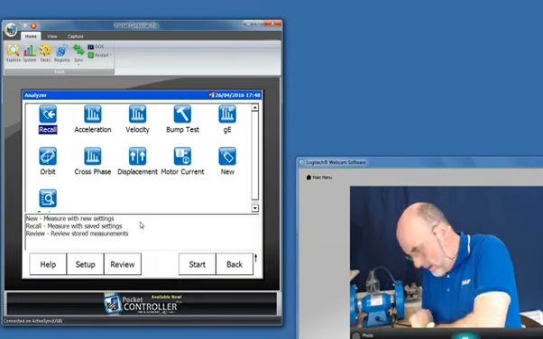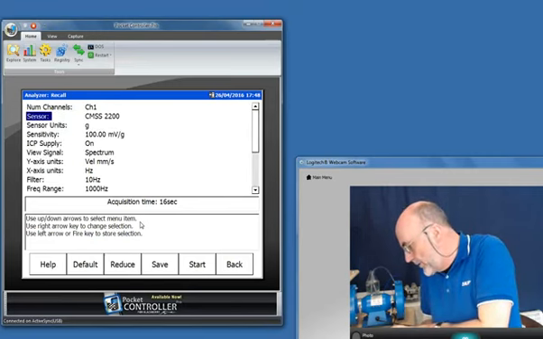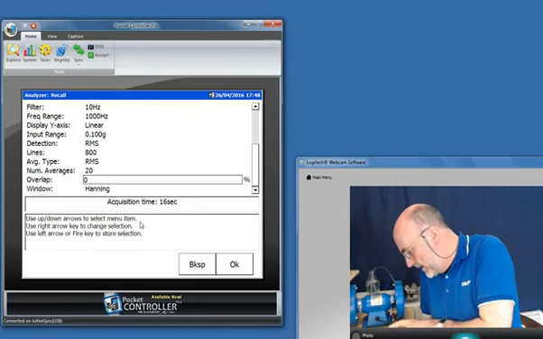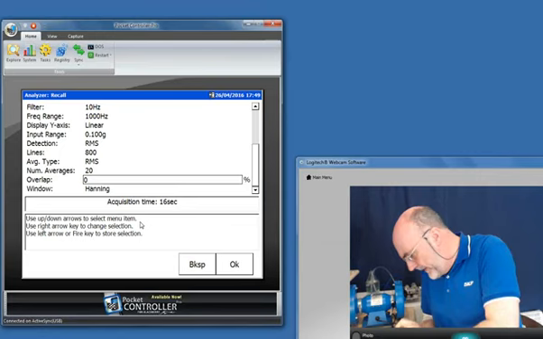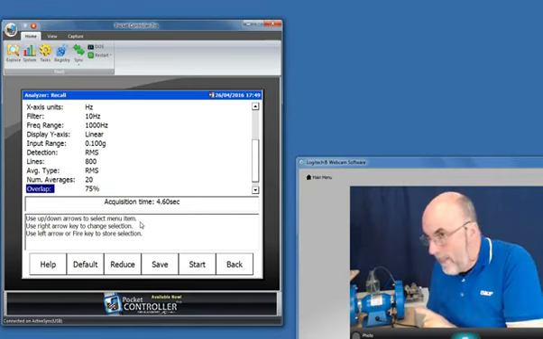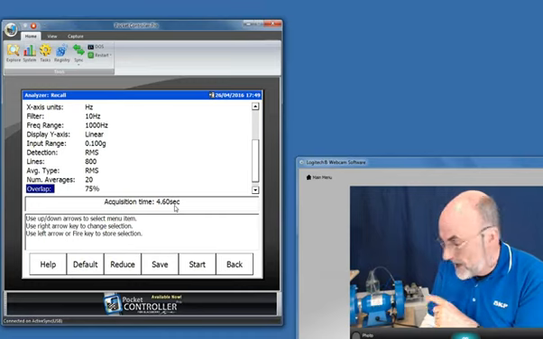If I go back to my menu and go back to our averager control, a lot of people use 50% overlap. I'm going to speed it up even further and go to 75 because time's marching on. So now, instead of taking 16 seconds, it's going to take 4.6.